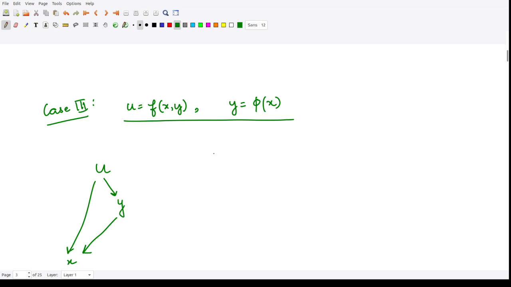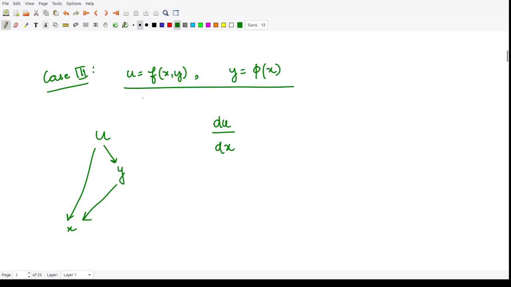So here what would be the derivative of u with respect to x? This is the question. Now if you wanted to calculate the derivative of u with respect to y, you cannot calculate this one. Why? Because you can calculate this, but this won't be a composite function, because this directly depends upon y and there is no third factor involved. So that is why we are not going into this particular part. So for du by dx, what do we have? How can you reach from u to x? So there are two possible ways. One is through this path, second is through this path, right?